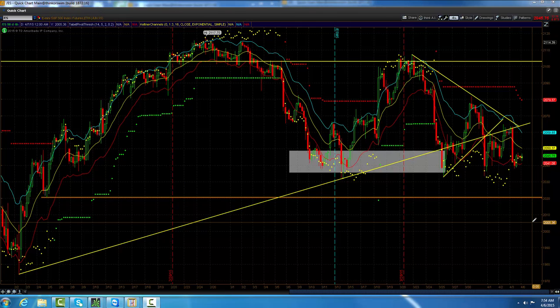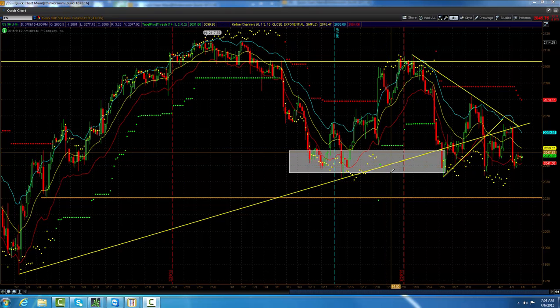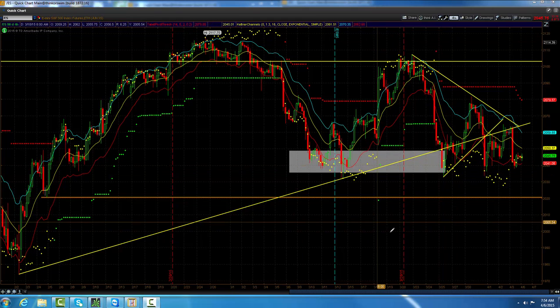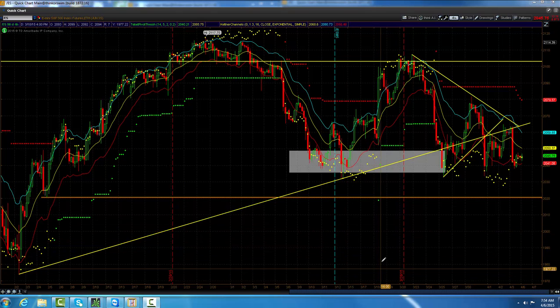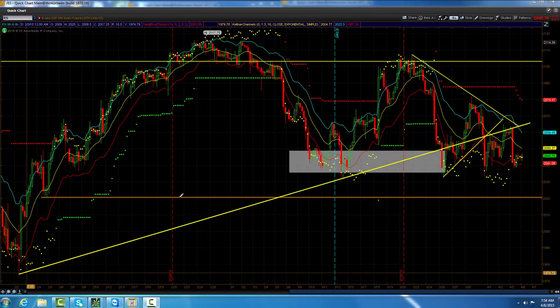Unfortunately, the market seems to be trading on reaction to what central banks are doing versus fundamentals, as far as I'm concerned at this point, with everything they do as far as stimulus. Taking a look at this gray box, we've been messing around in here, so the market has to make up its mind to make this next leg move down. If you look at this trend line that started here at 1975, that's what I'm looking for.